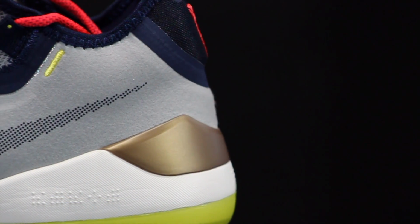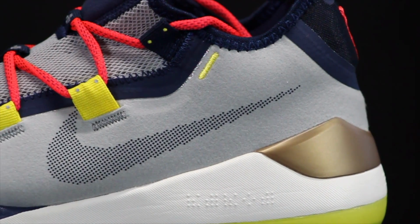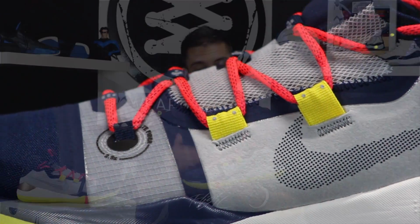Now the materials are something that I'm kind of hit or miss on as well. They're using that same cheap felt material that they used on the Kobe AD Mid on these guys right here for this back panel, which is a real big bummer to me. I know that some people don't care about the materials, which is fine if that's you. For me though, I actually paid way over retail for these because I couldn't get them on the SNKRS app, but not only did I have to pay over retail, but if I had even just paid the regular $140,